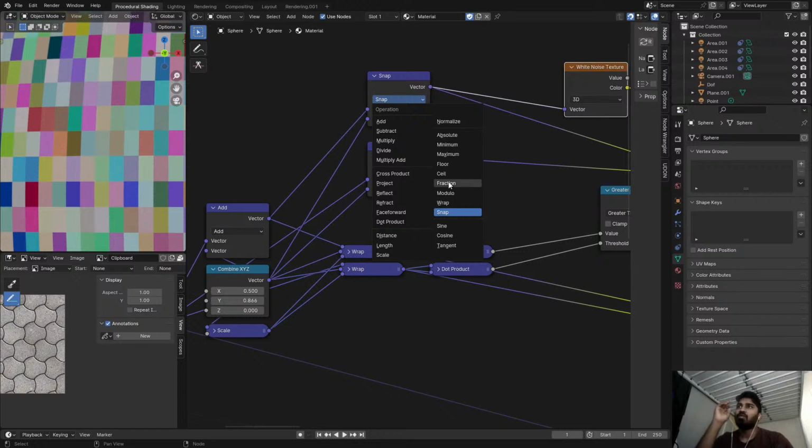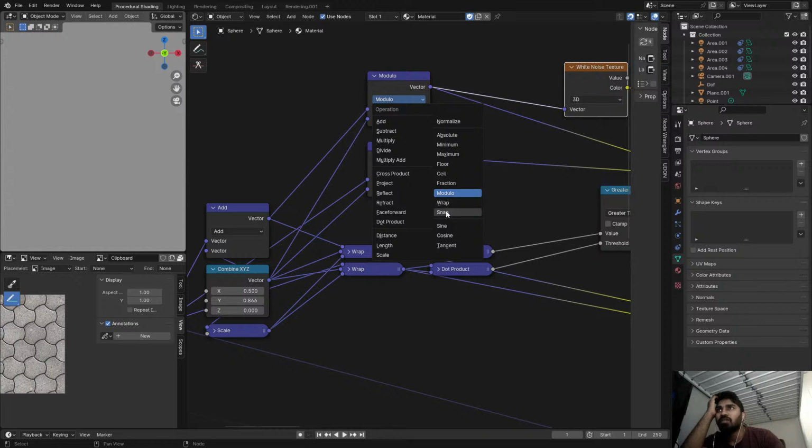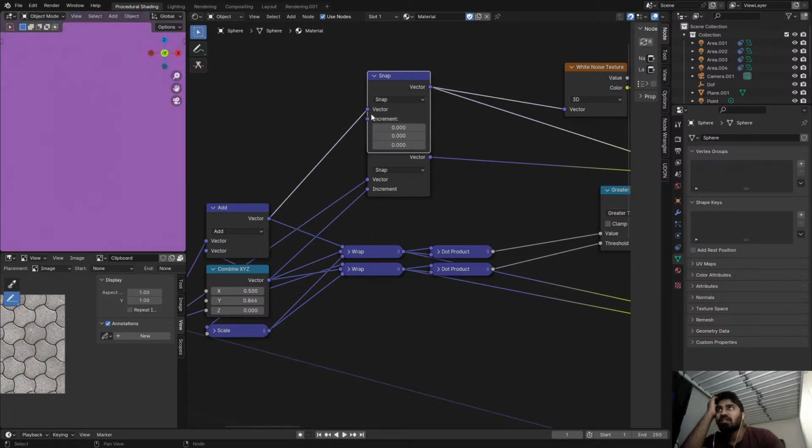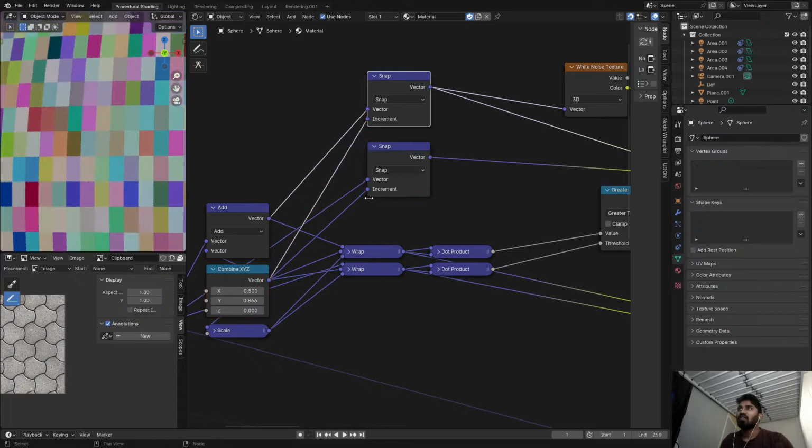Not snap, it's warp. Load modulo. Nope. It's gotta be snap, right? Yeah, it's gotta be snap. Except